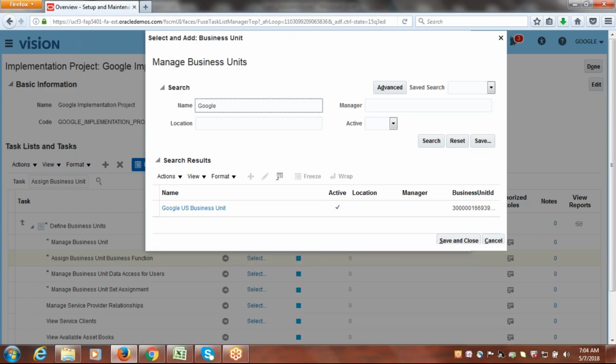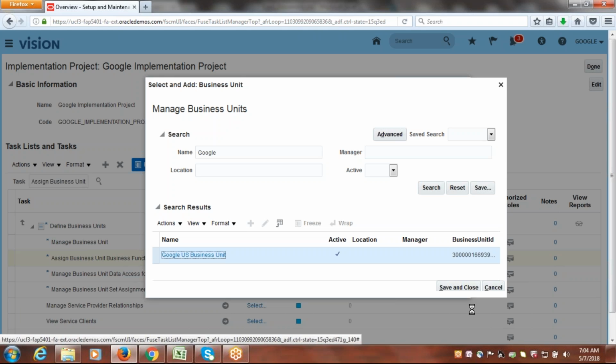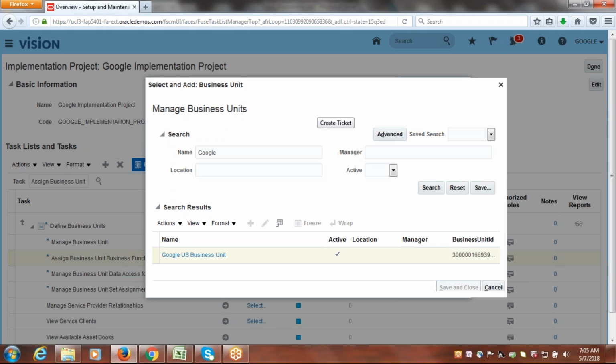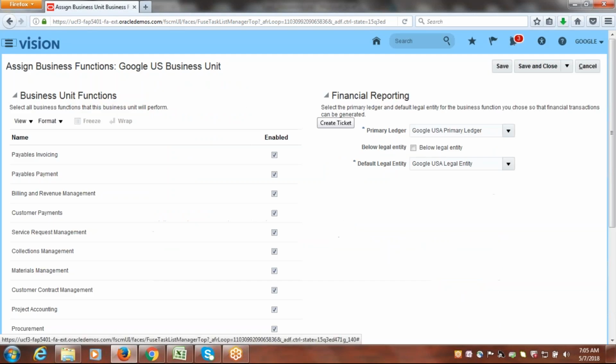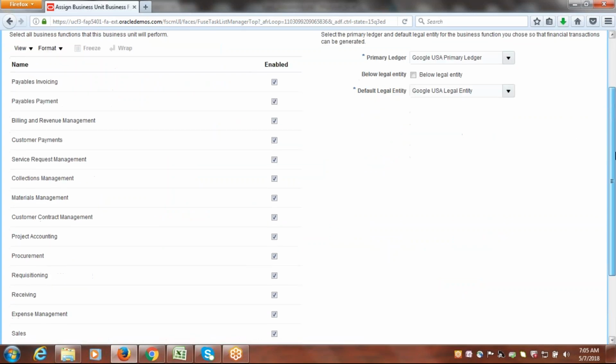Search for Google US Business Unit, select, save and close. So for this business unit, we have to assign the business functions called